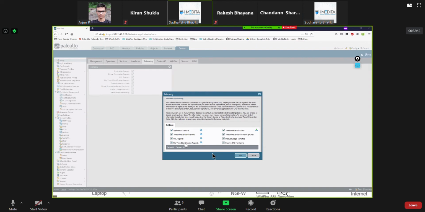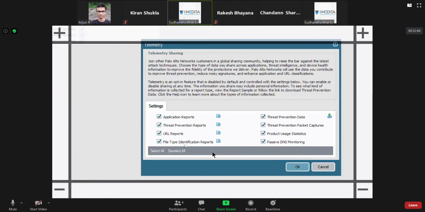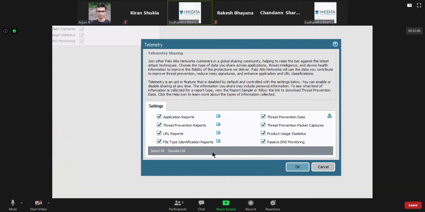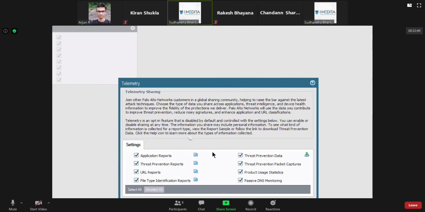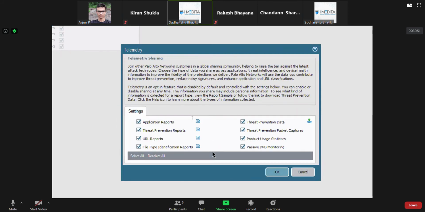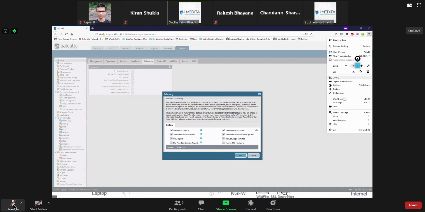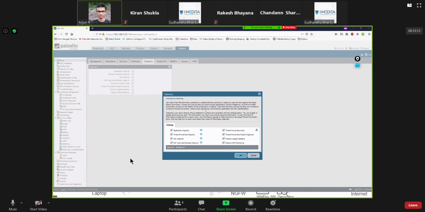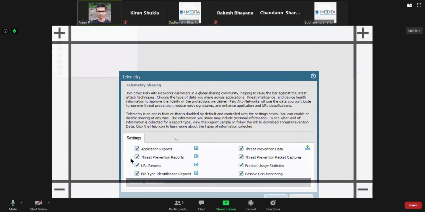If you read this, it is even for application reports. It's like when you install a software, sometimes it asks you, do you want to share information with the vendor who makes that software to improve it further? A lot of times software asks this, right? And then you can say, okay, I want to share, or I don't want to share.